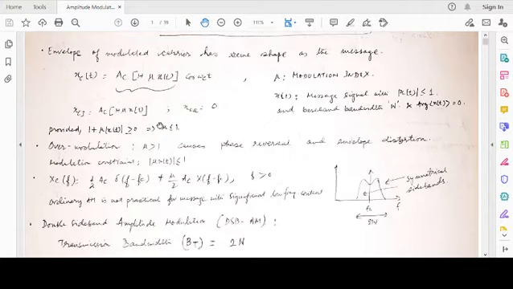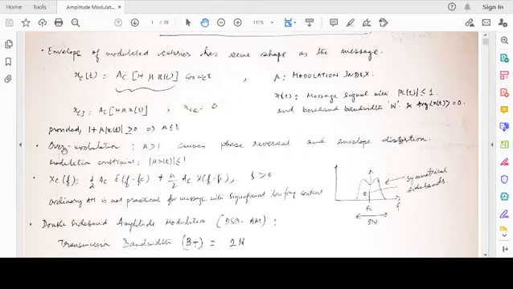Definitely you can recover for mu greater than or equal to 1, but then the problem is you cannot actually visualize from the envelope the presence of the message signal very clearly. There is ambiguity, and you have to go for something known as synchronous or coherent demodulation. So that is a disadvantage if we go for modulation mu which is greater than 1. So mu less than or equal to 1 is the expected value of modulation index.